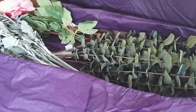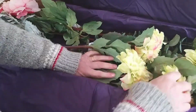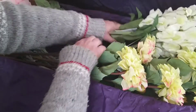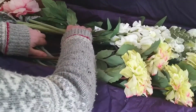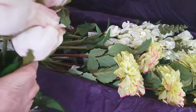And if you are going to be using your stems, as I say, you don't need to use them the full length of your flower. You could bend the stems up, but what I ended up doing was buying a really sturdy pair of wire cutters so I could use my flowers as if they were fresh flowers and have lots of different lengths. And that's what makes your flower arrangement look more natural, by having some longer stems and some shorter. So I did have to get some quite heavy duty wire cutters because they are really strong wires that run up through the inside of the